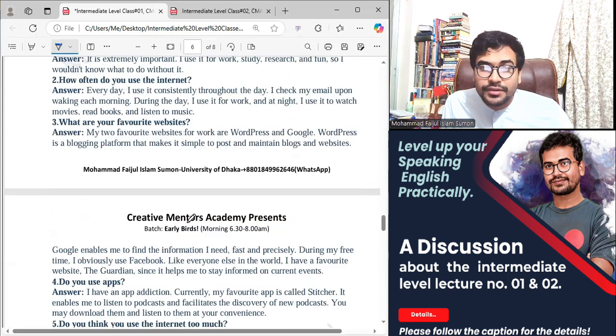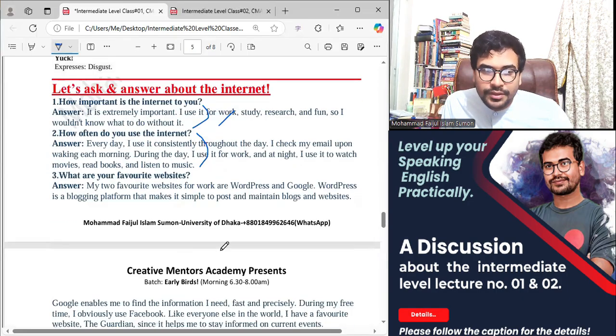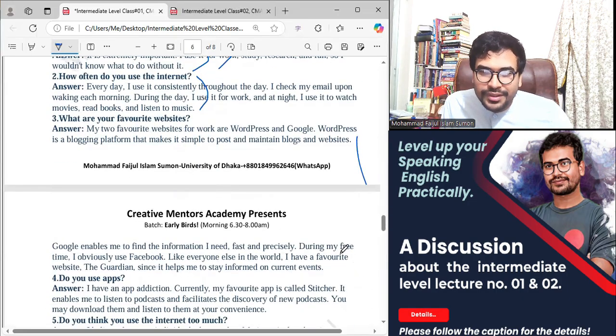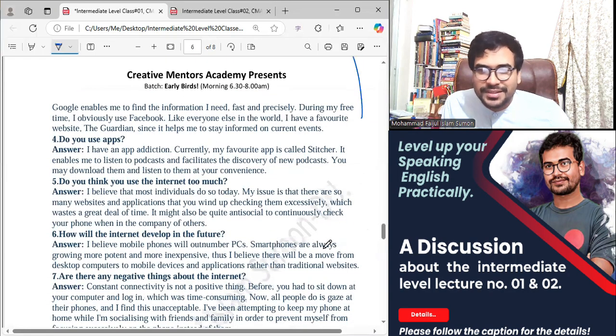And the next segment is, okay, see here. The first question is a bit shorter, right? The second one is a bit longer than the first one. The third one is longer than the first and second one. And the fourth one, fifth one, sixth one. Step by step, one by one, the questions will be a bit harder and a bit descriptive. Try to remember that you need to describe the answer.